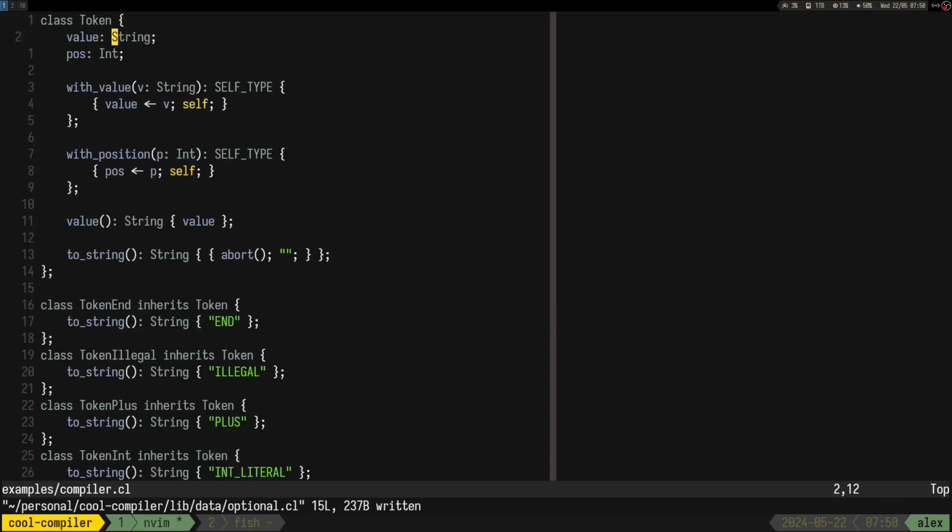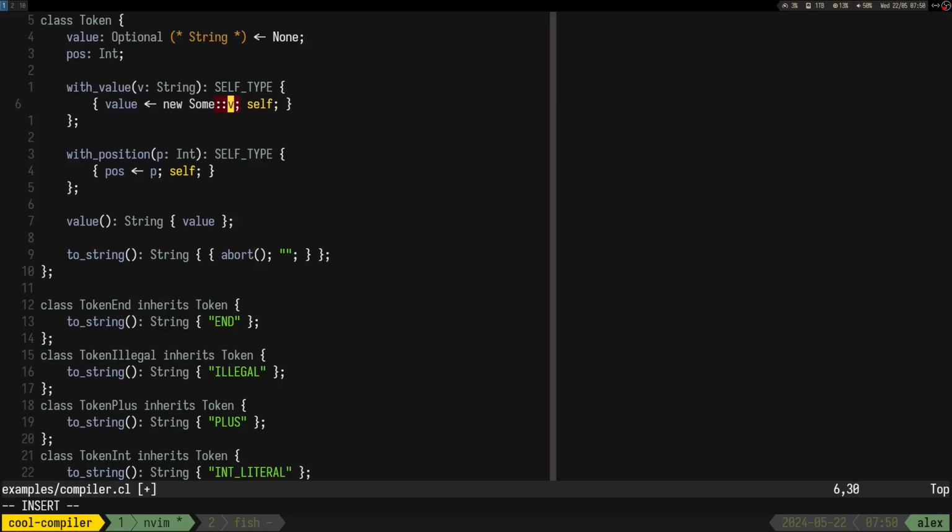So now we could say here this is optional and it's of type string, right? And with the value, we could say, oh, and by default it could be none, right? And here we could do some. Almost started to write Rust.